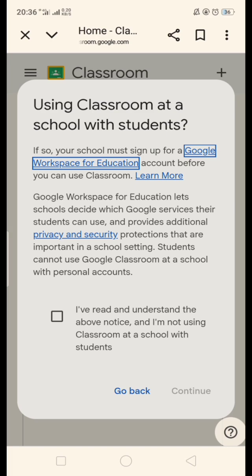It's for Google Workspace for Education where you can use Classroom. Workspace with Google service the students can use and provide additional safety and security protections. In Google settings, students can use the school with personal accounts. So if you already understand that, just check the checkbox and then continue.